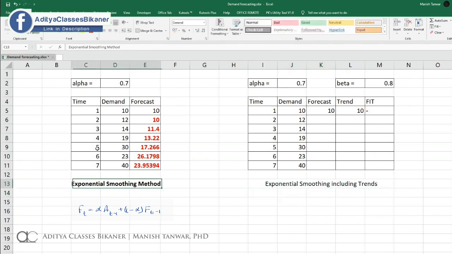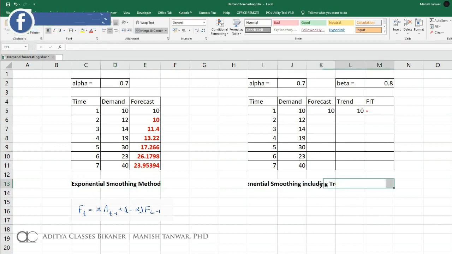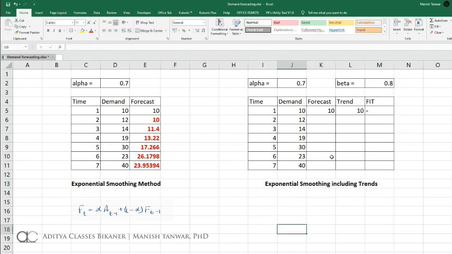All this information will already be given to you. I'll center align it to make it look beautiful. Fine. Now we need to write a formula for these.